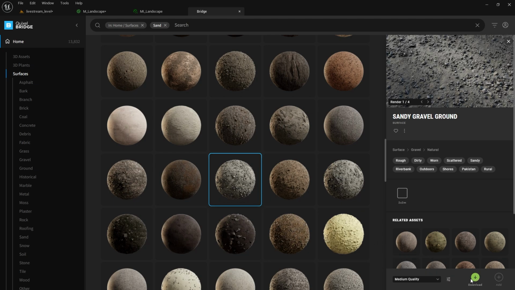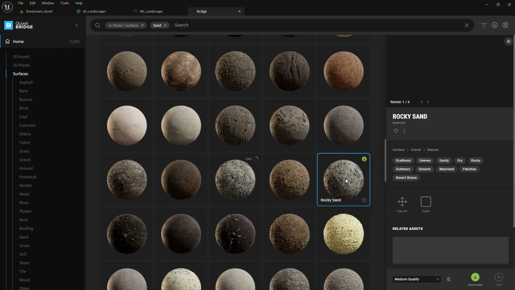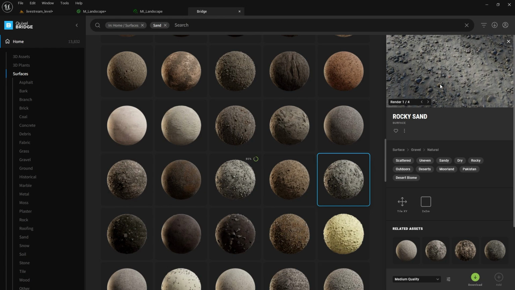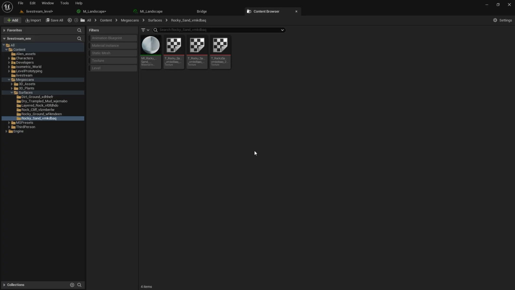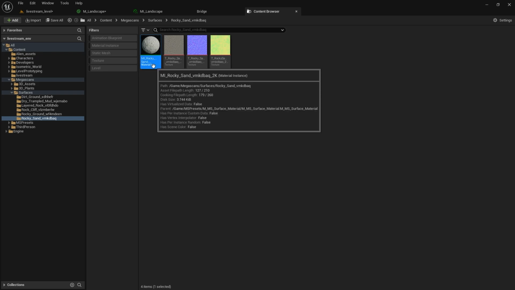For example, I can just download this. You can check the quality here. Medium quality should be good enough for textures. So you can just download. You also have this rocky sand. You can try. And once it finished downloading, you will see like a green check here. So you can just click plus. And there you go. Now you have your material here,